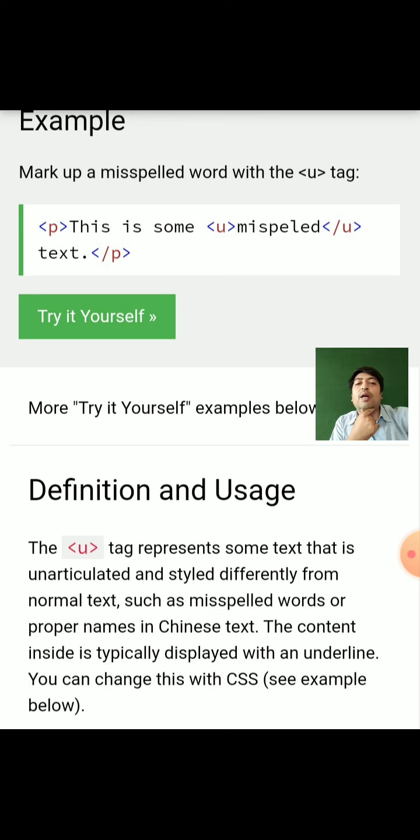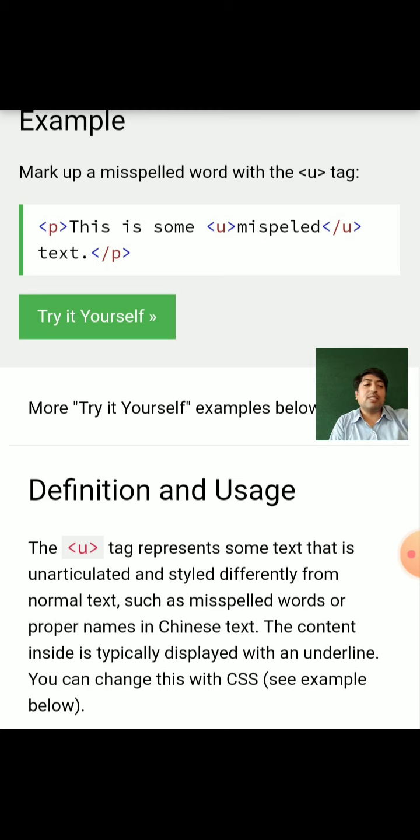Here in the example, a misspelled word is there. It is enclosed in between the u tag. You can easily see that the u tag encloses the word misspelled. It will be displayed on the web page with an underline. So we can easily understand the usefulness of the u tag.